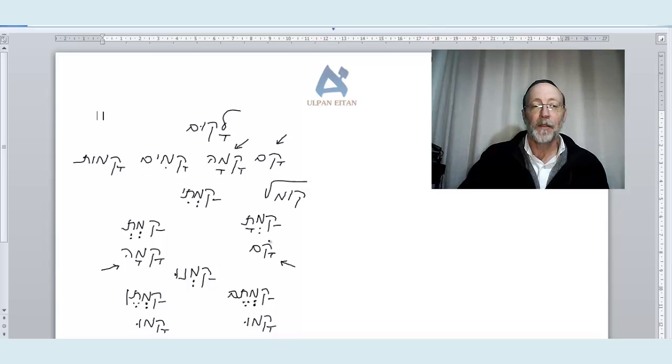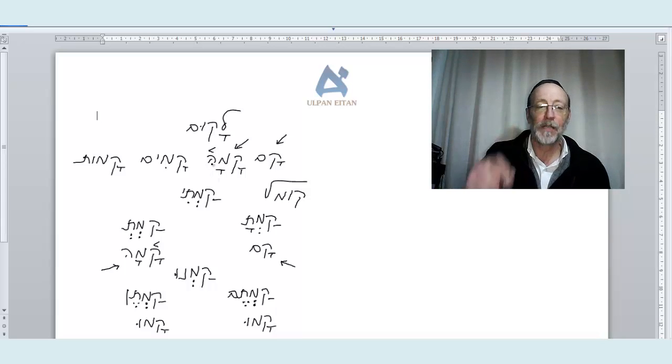Well, in the Torah, in the Bible, there's a cantillation system, which is basically notes on how one should sing when one learns the Torah. And according to that cantillation system, we understand that in the past tense, the accent falls at the beginning of the word, hence kama, and in the present tense, the accent falls at the end of the word, hence kama. And I made up those little arrow signs to indicate where the accent is falling.